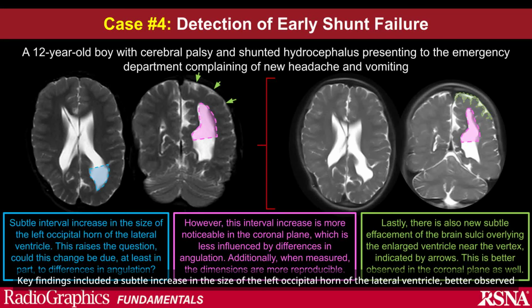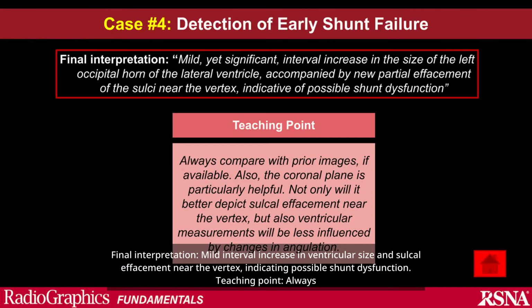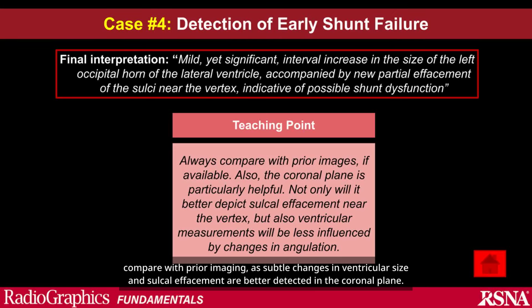Key findings included a subtle increase in the size of the left occipital horn of the lateral ventricle, better observed in the coronal plane. New partial effacement of sulci near the vertex was also noted. Final interpretation: mild interval increase in ventricular size and sulcal effacement near the vertex, indicating possible shunt dysfunction. Teaching point: always compare with prior imaging, as subtle changes in ventricular size and sulcal effacement are better detected in